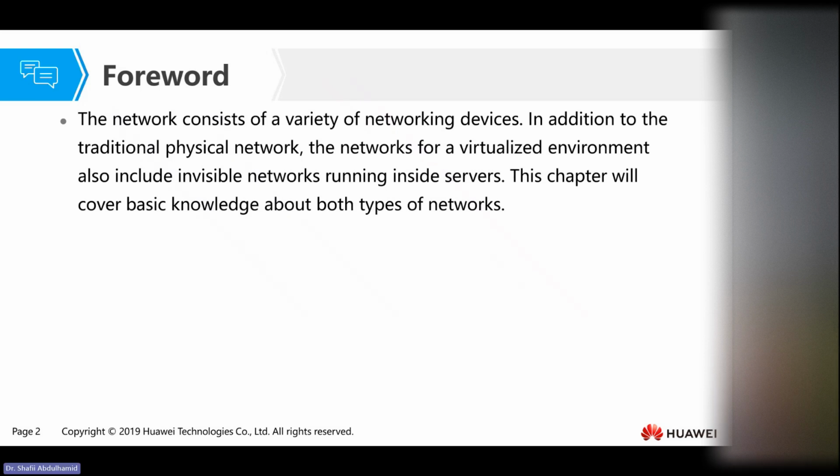In a network situation, you can actually have a number of virtualized physical network devices, and also you can have some virtualized infrastructure that communicate with each other using a server or using a router or a switch, basically. So this is the forward. You can have both physical and virtual network infrastructures communicating with each other in a network environment that deals with cloud computing.